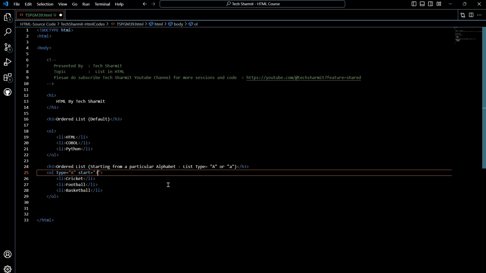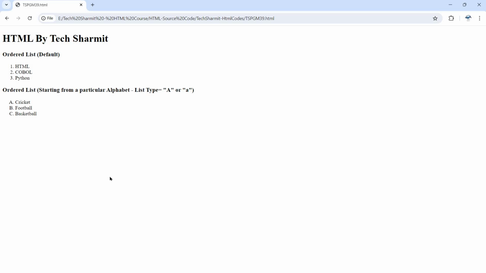Because we are going to reorder it from a particular alphabet or character, but instead of putting D, or instead of putting C, you can simply put 3, because C is on the third position. So A is 1, B is 2, and C is 3. Now if I save my code and refresh my screen, you will see the list now starts from C,